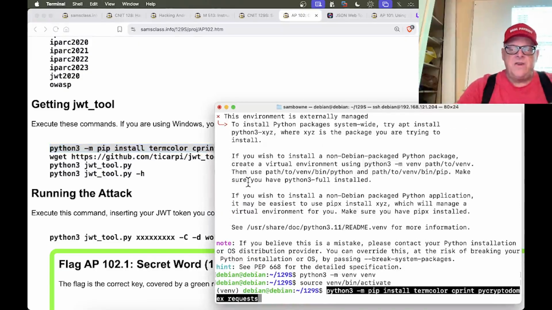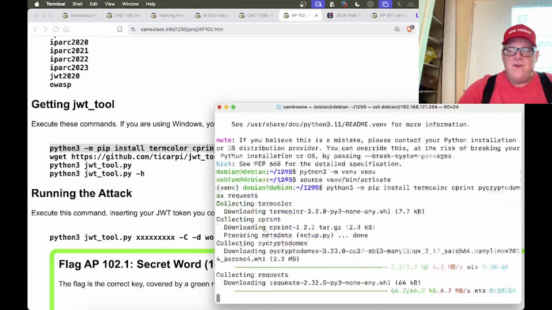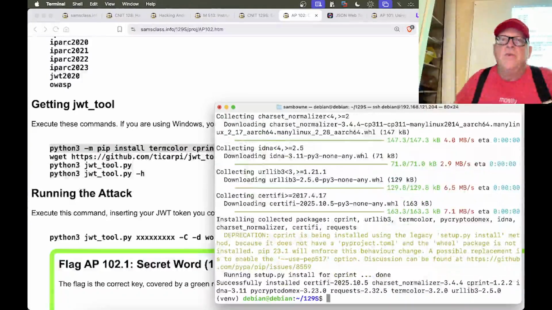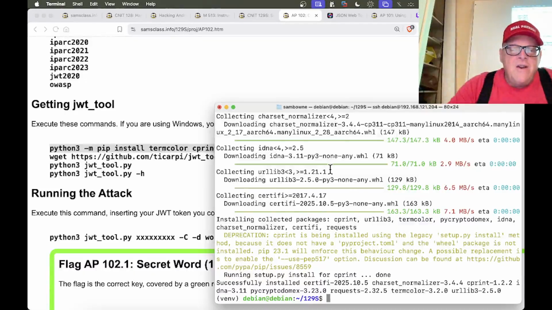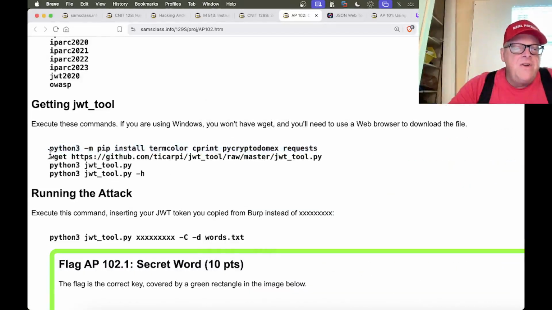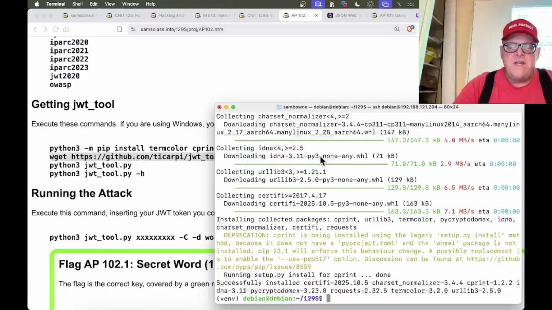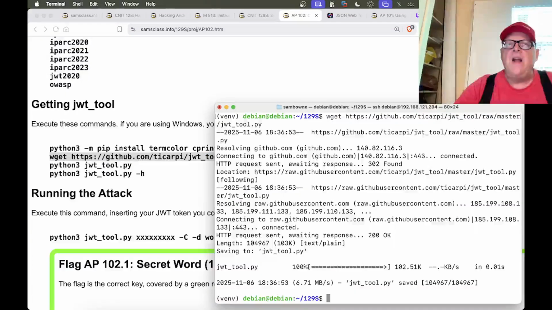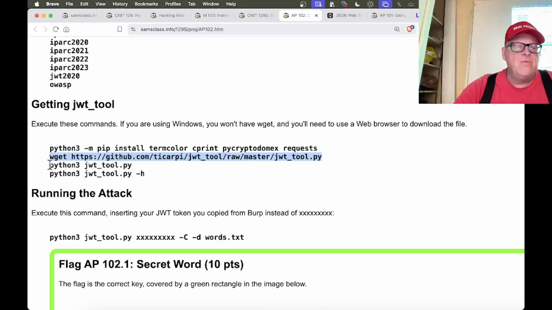And so you do it this way, and now it'll install stuff because it knows you're not messing up the root installation of Python. So now I got those things installed. Now I do wget to get the tool I need called JWT tool, which is a hacking tool that will just try to crack the JSON web signature just trying a bunch of words. So now I just run the tool, Python 3 JW tool,